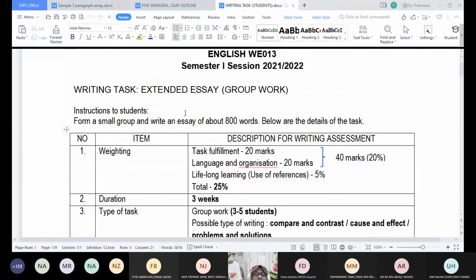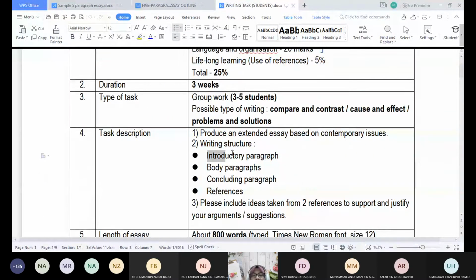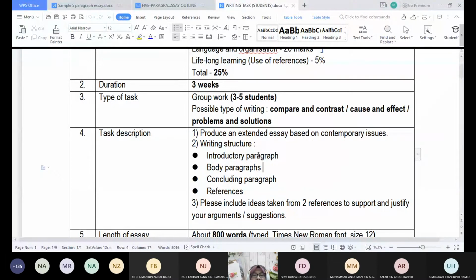So I'm just now okay, writing task everything. This is what I want to stress. Introductory paragraph, you must have a thesis statement. The writing structure is the same, it's just that it's going to be longer. You understand or not? It's a longer version compared to the basic essay, because this is a group project, 800 words everyone, so you can have a longer essay. But whatever it is, for the introductory paragraph,